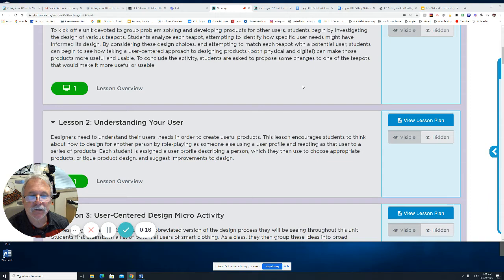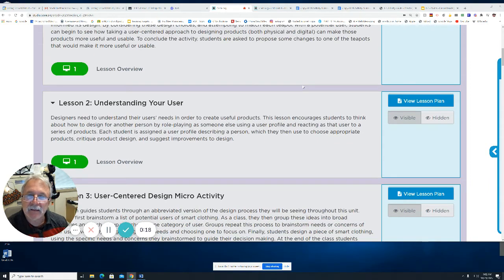This lesson encourages you to think about how to design for another person by role-playing as someone else using a user profile and reacting as that user to a series of products. Each of you was assigned a user profile. I will give you one today. I'm going to read you one user profile, and we will go off that user profile. I will show you some slides of some various products, and you will tell me what you think of those